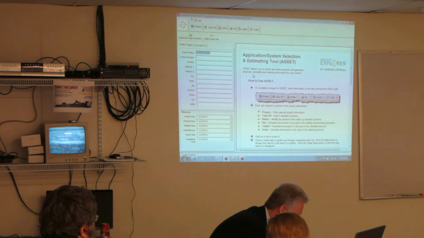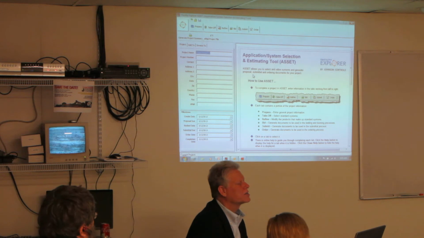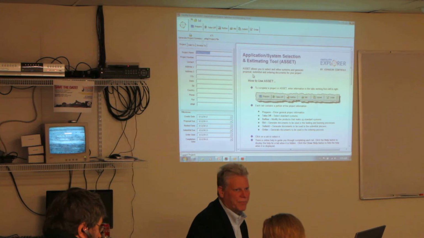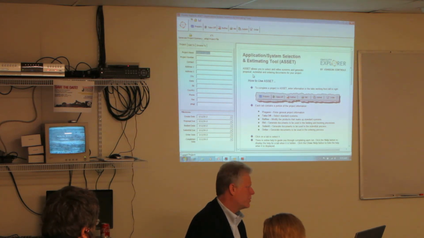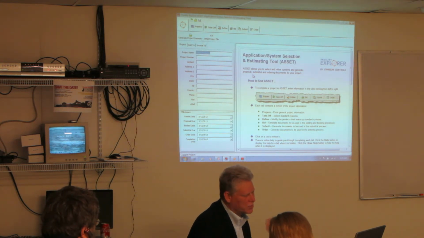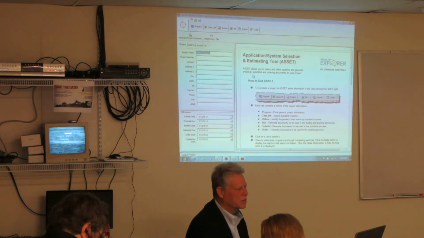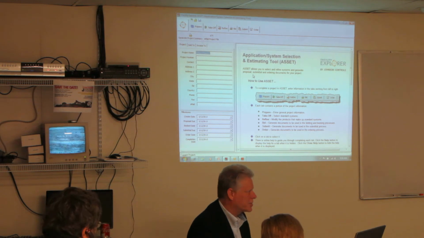One other thing on this is it works up all your material, it does work up your cost. The one thing it does not do yet, and they are working on it, is the labor part. It does not do your labor for you. You can do it through some copy and paste out to some Excel spreadsheets, or a lot of guys already have their own estimating stuff, so you can do it that way. But right now, it only does material.